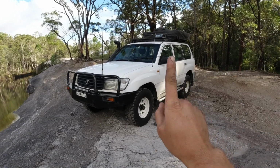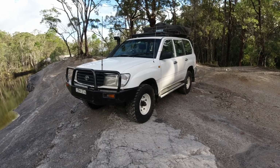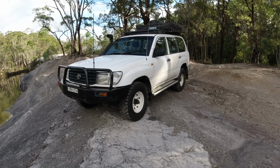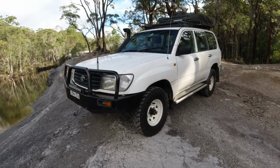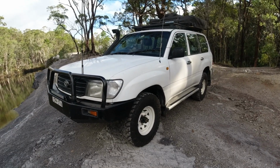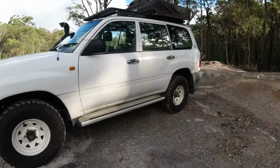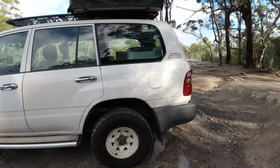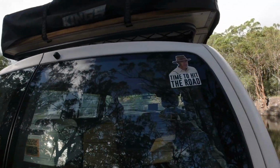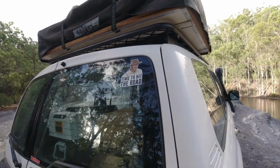However, the one feature that it has is air conditioning, which works top spec because it is a Denso unit and Toyotas just have good air conditioning. What that also means is that this is the exact Model 100 series that Russell Coight used in the second season of All Aussie Adventures. And due to that, I have very nicely put the Coight himself up on the back windscreen here. You little ripper. No. Anyways,